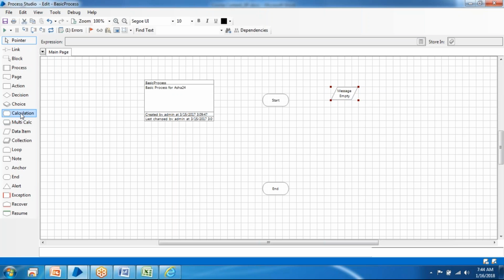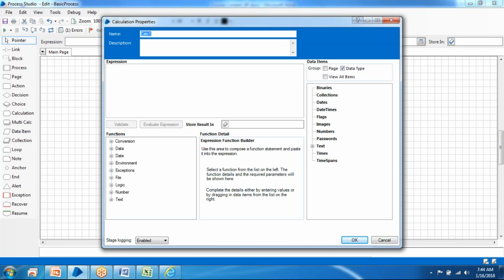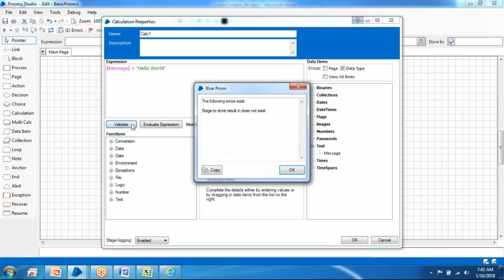Now let me manipulate this value in the calc stage. So this is my calc stage. All the variables available, I can see them, because they were under the umbrella of text, so I can see them under this text. I can drag and drop here. I want to write hello world. I need not put any semicolons or anything. So whenever I say validate,